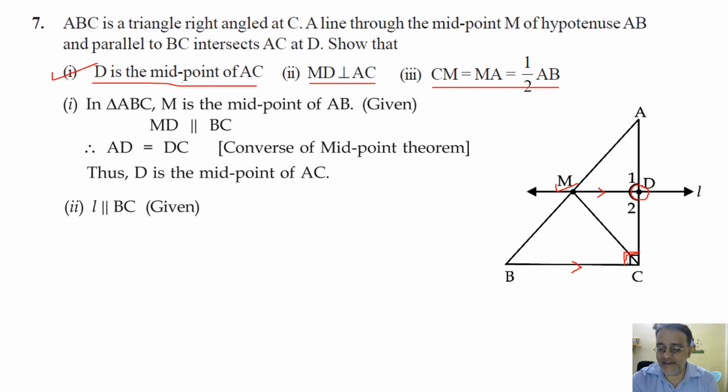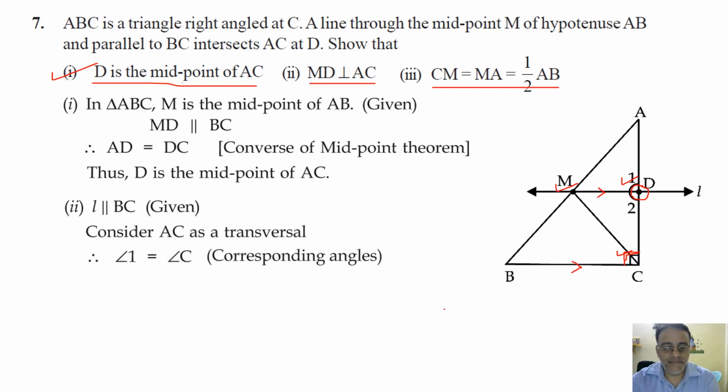Angle 1 is equal to angle C. Why are these two angles equal? Corresponding angles. Okay, and when angle C is 90 degrees, angle 1 will also be 90 degrees. If angle 1 is 90 degrees, so MD is perpendicular to AC. Okay,